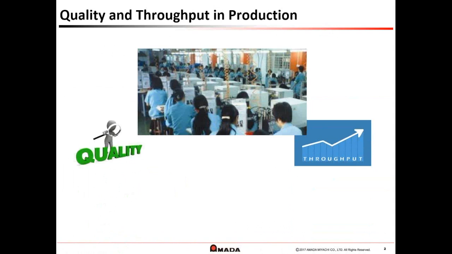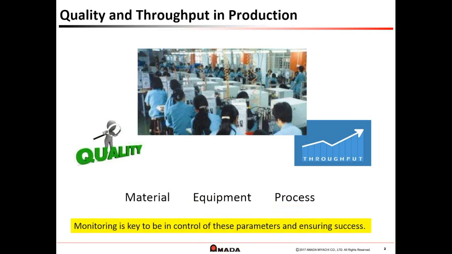Now, what are quality and throughput, and what really determines the quality and throughput of the product that you're making? Well, I'm going to boil it down to three different properties. One is your material choice. The second one is the equipment that you've selected to work with. And then finally, the process itself, the settings that you've set in there. During the course of this presentation, monitoring is really the key to understanding and being in control of those parameters and ensuring success during your welding